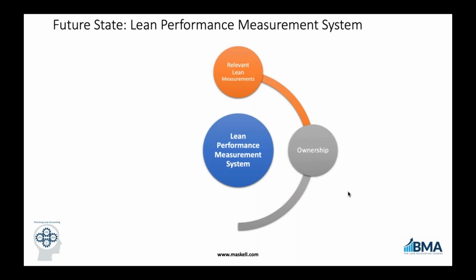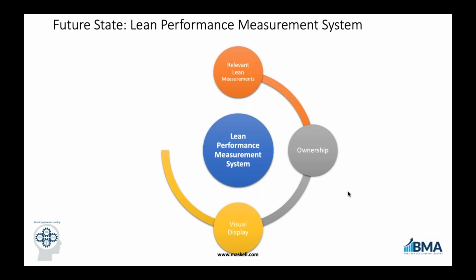What a lean performance measurement system does, it creates ownership. So whatever part of the business is being measured, whatever process or cell or value stream, there's a team of people that own that measure. We're going to talk about this in a little more detail. Measures are displayed visually,